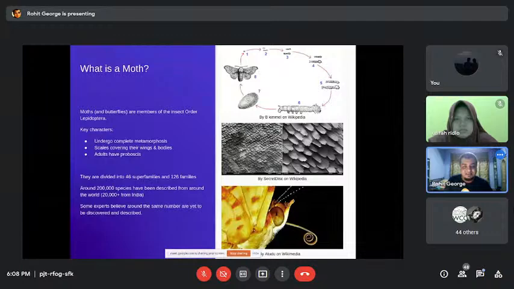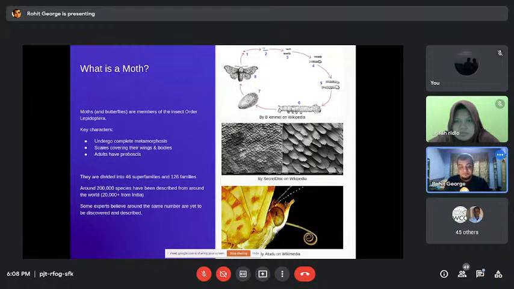So Lepidoptera is one of the largest groups of insects, or largest groups of organisms in the world. Right now, over 2 lakh species have been described from around the world. Over 20,000 species are known from India. And some scientists and experts have done calculations and estimated that there might be just as many species left to describe. So there may be around 1.5 or 2 lakh species still unknown, which could be described in the future.